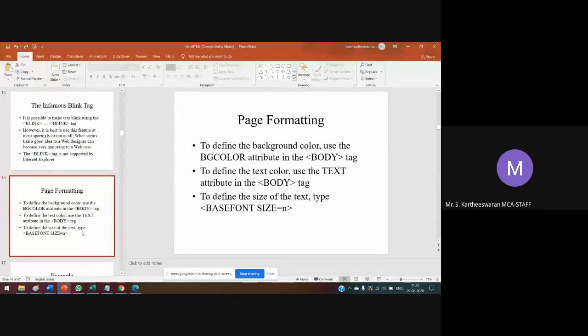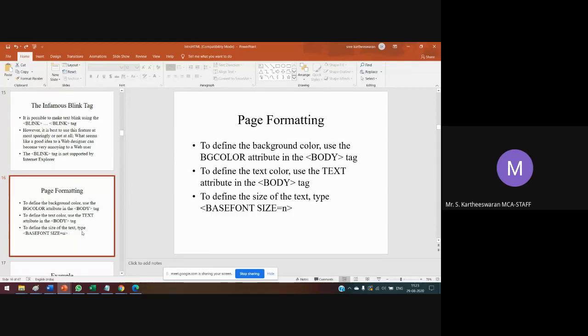In the previous example we changed the font color. Here we are changing the background color of the web page. How do we change the background color? Using the body tag. After the body tag you have to use the body BG color attribute.